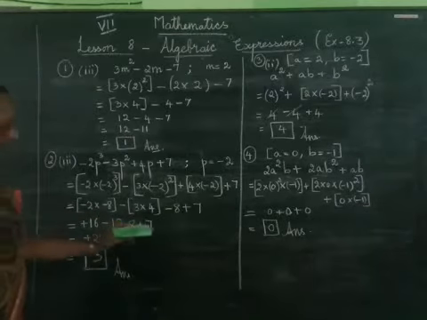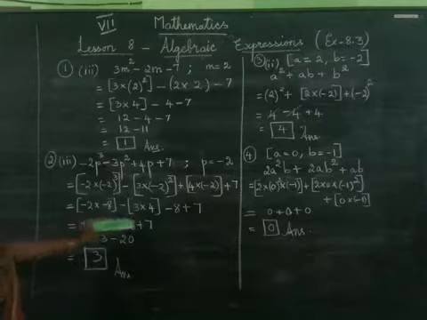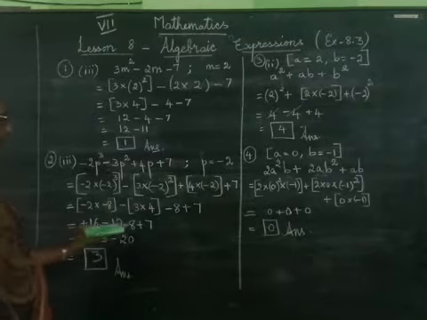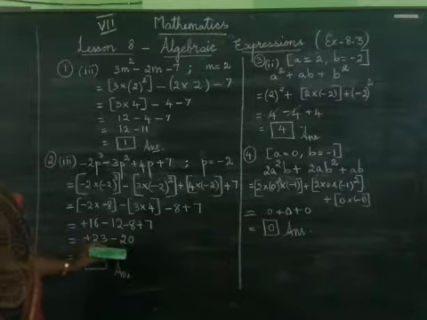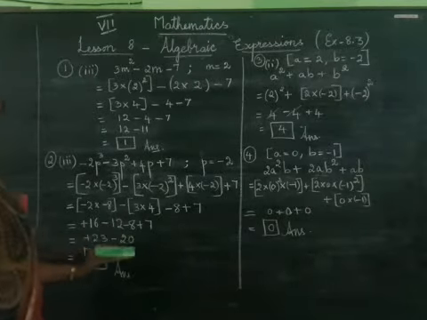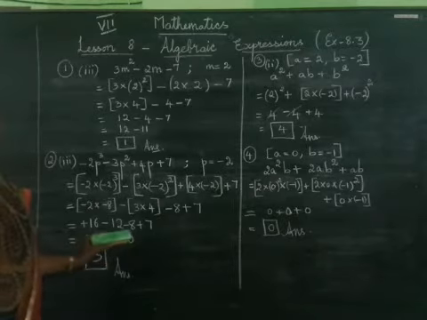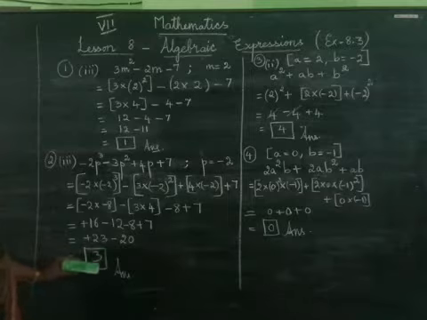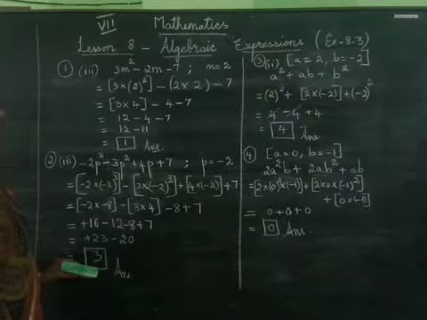We will put positives together here, plus 16 and plus 7, when we put together you get plus 23, minus 12 and minus 8 put together we get minus 20. Then we have one positive, one negative, so subtract and put greater number sign. Yes, that is the rule, and here we get 3 as the final answer.